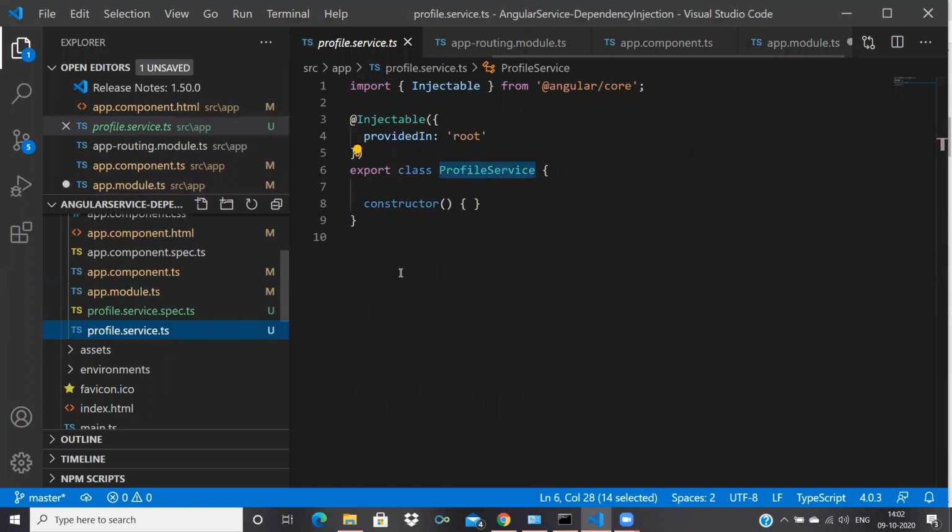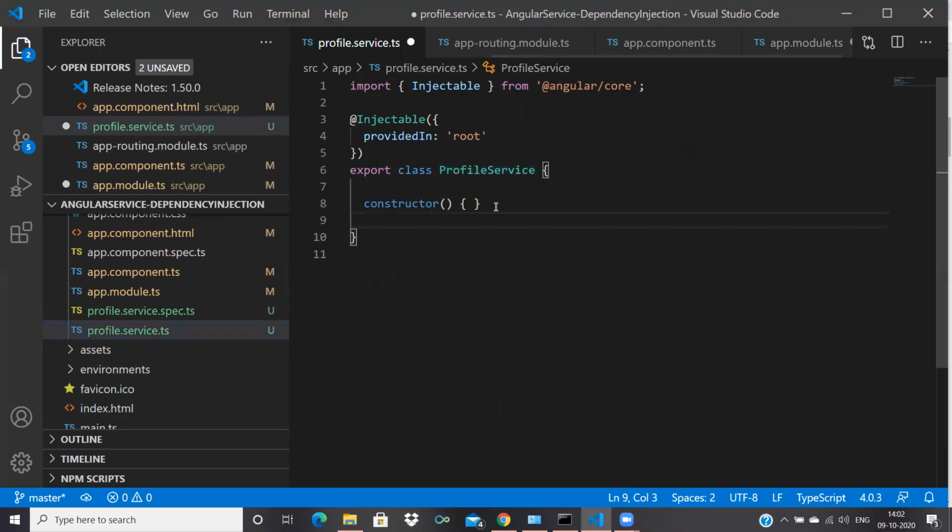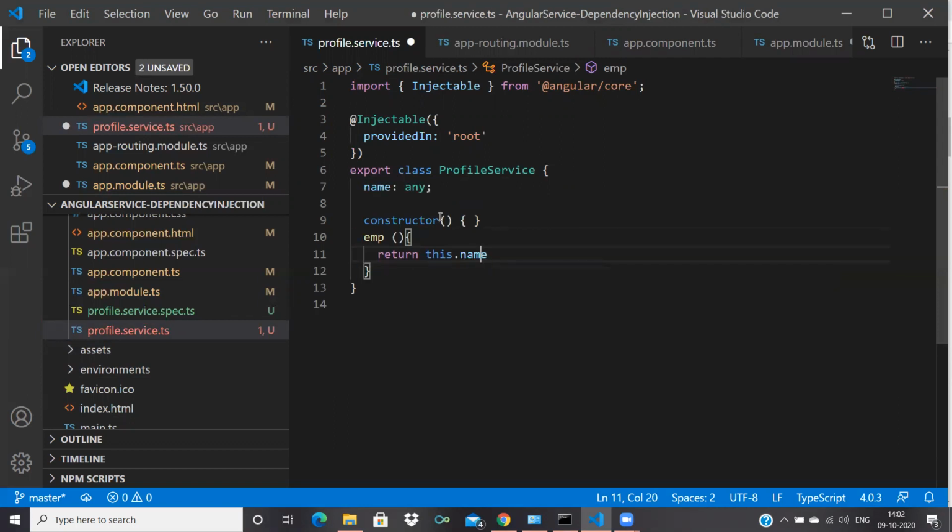Okay, let's come to the service. Now I want to perform some action. I will generate a function, named emp, some function name given like this, and what this function will do, I will just return this.name. Okay, I'm just initializing name equal to Jatish.